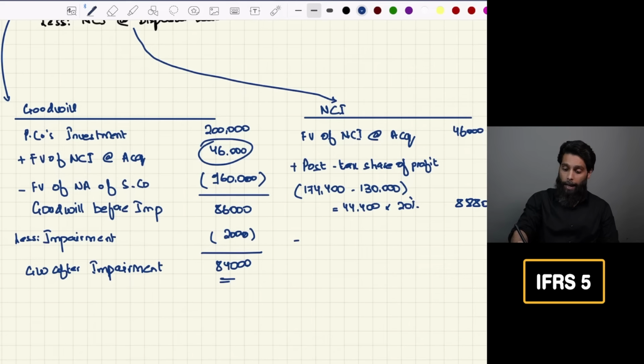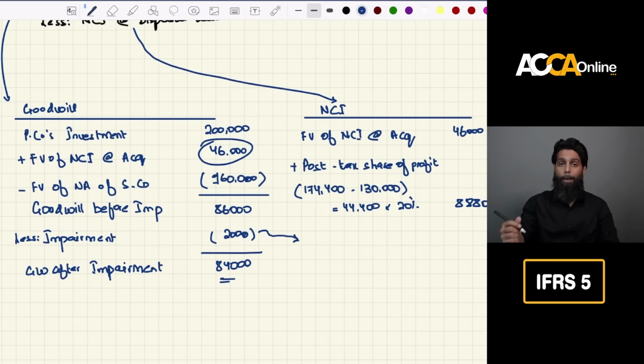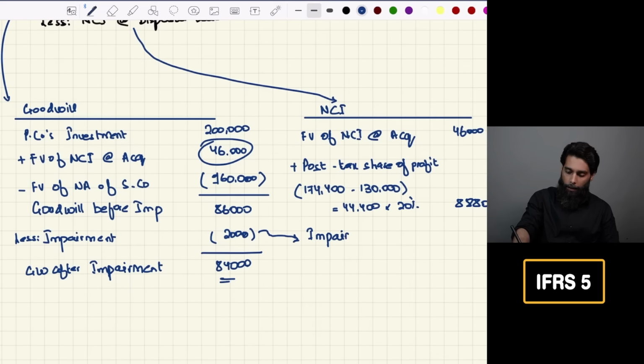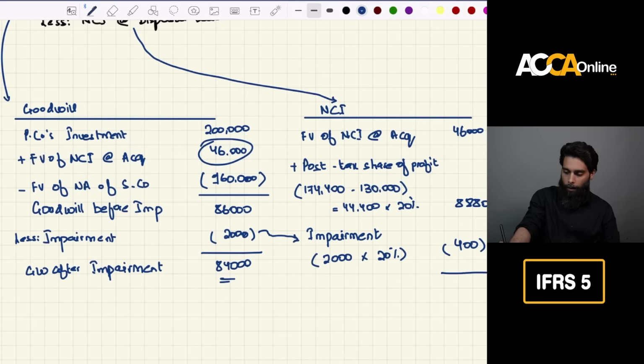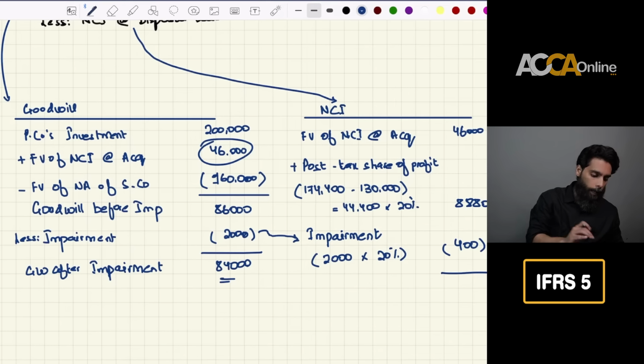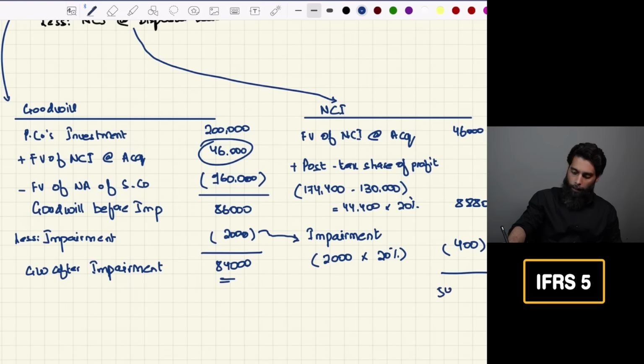Furthermore, remember that since it was the full goodwill method, any impairment that occurred, you need to give NCI the portion of it as well. So the impairment was 2,000 and you multiply it by 20%. So 400 impairment as well. So NCI at the disposal date would be 46,000 and this would be